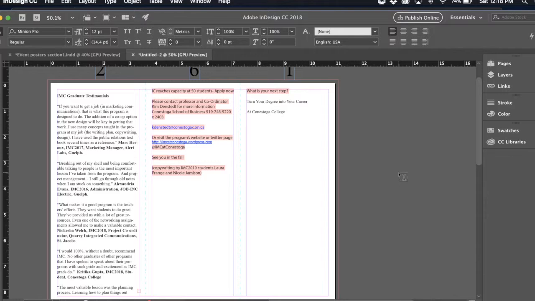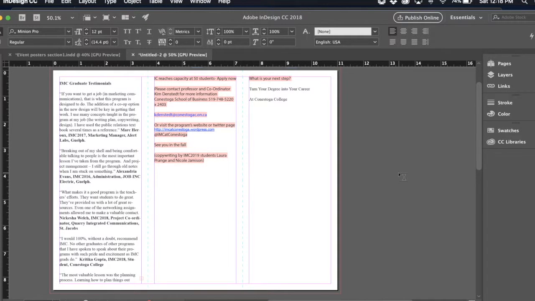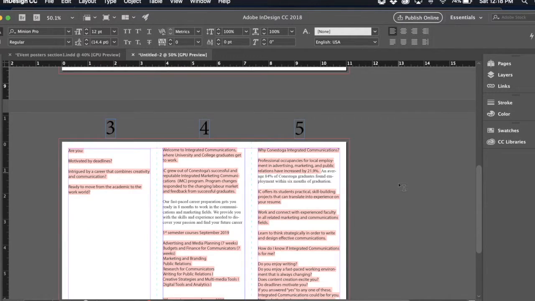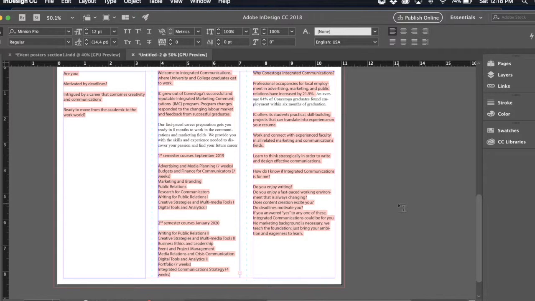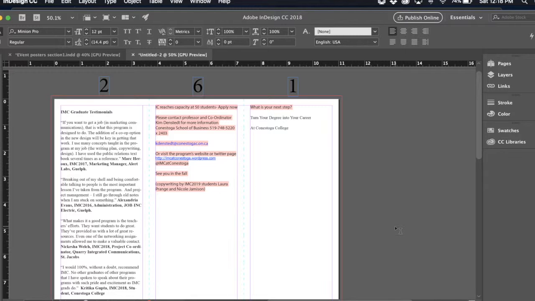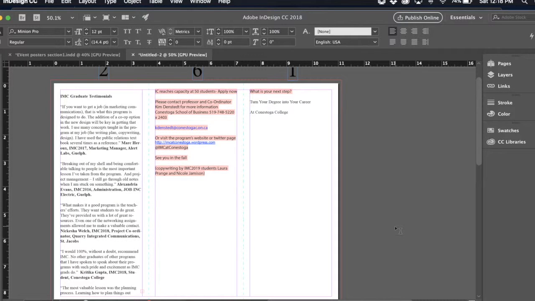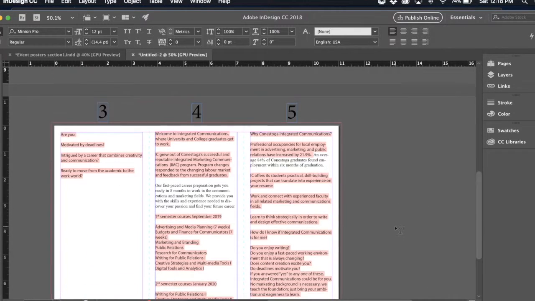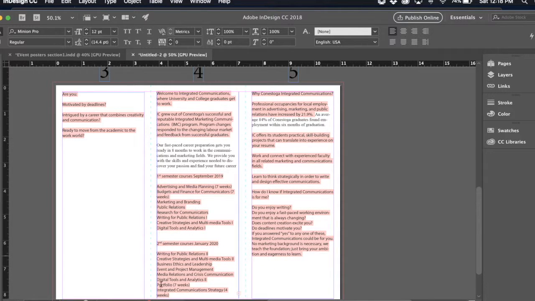So now that we have our text set up, we now need to make it look nice, make sure everything fits, and we also need to add some visual elements because text alone is not going to be enough to visually communicate all of the information on this brochure. Also, I want you to take note at the very bottom of my screen, I have this little 12 errors